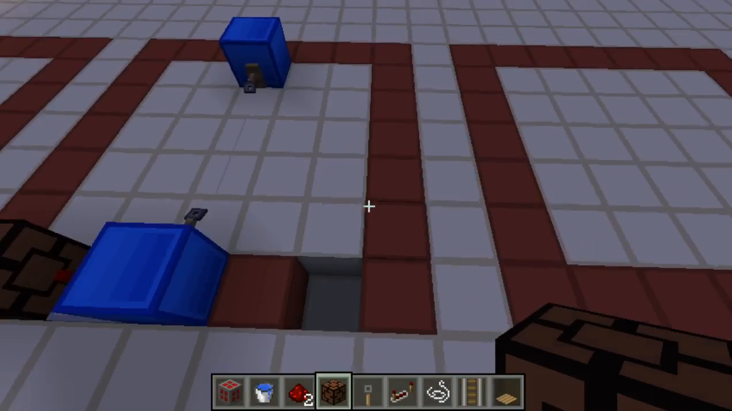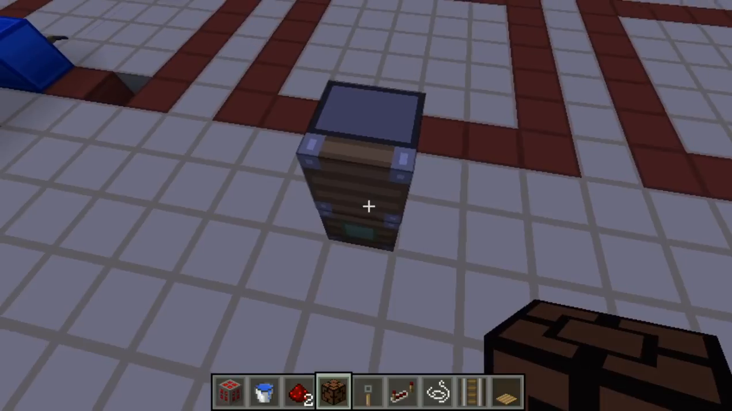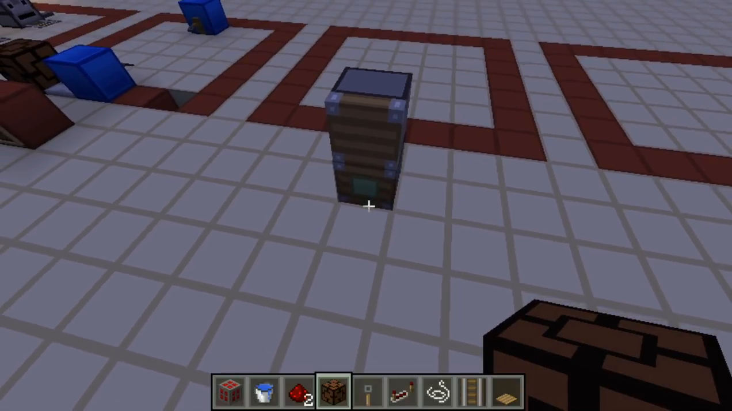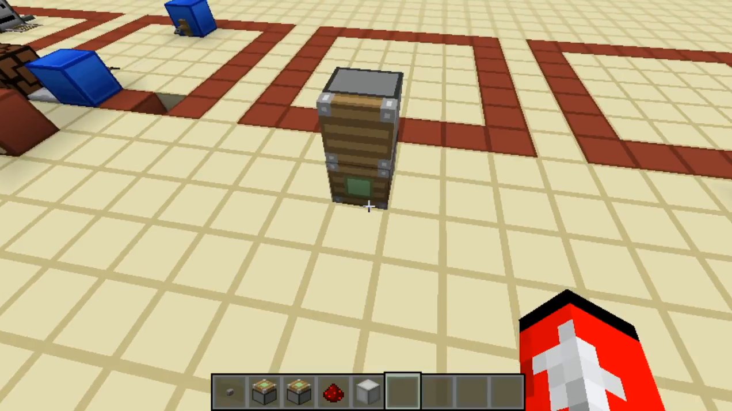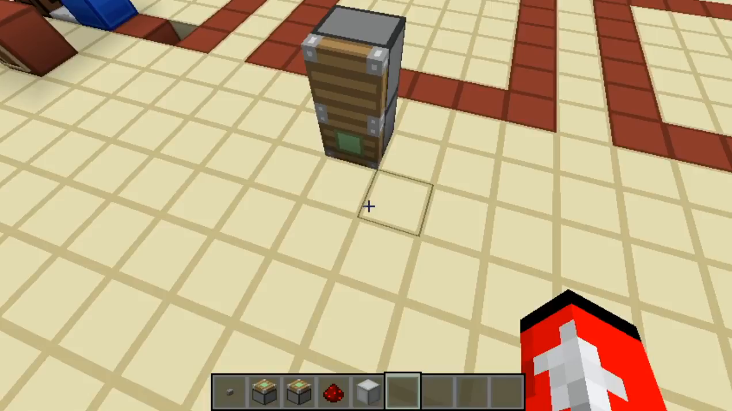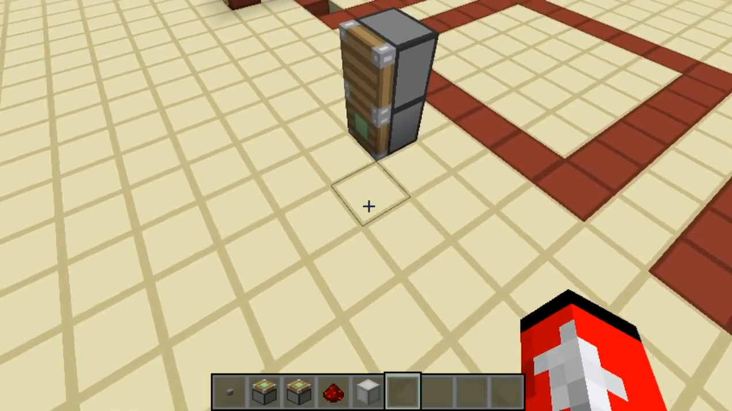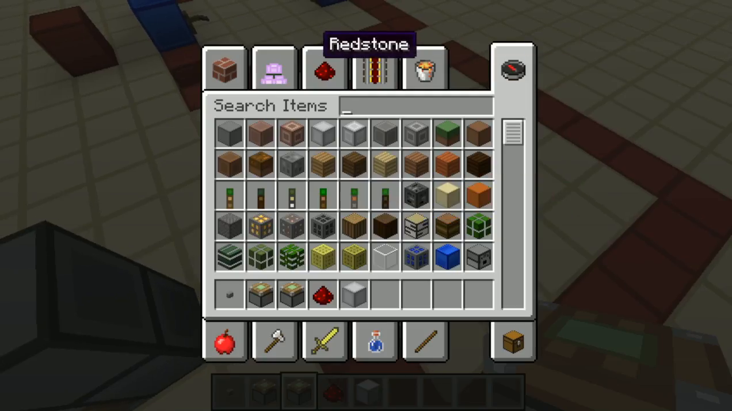So anyway, moving on are the pistons and sticky pistons. The sticky piston and the piston are probably one of the most important things in Redstone in Minecraft. So even though they are very simple, you might want to pay close attention, because of how important they are. So first, the difference between the sticky piston and the piston is, let me just quickly get a normal piston,